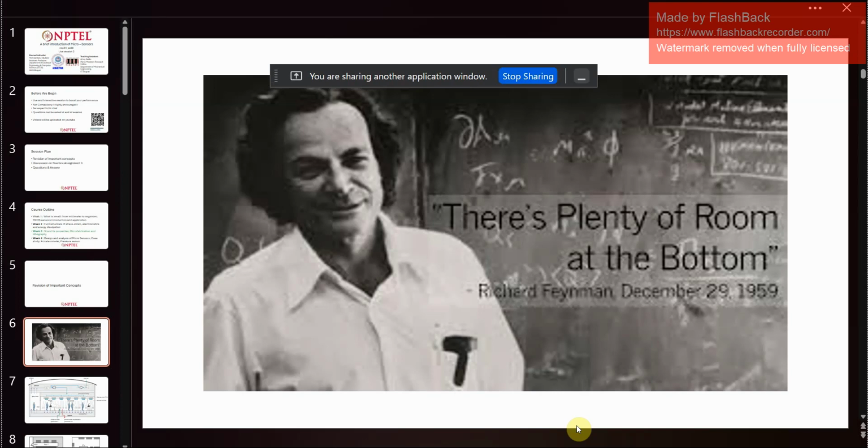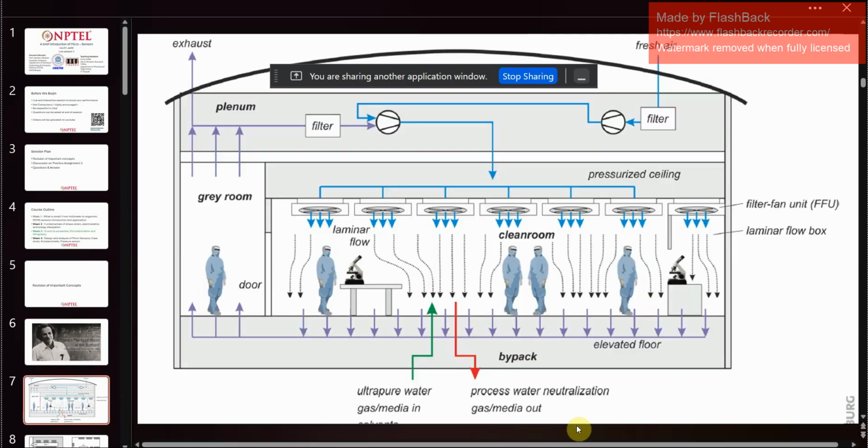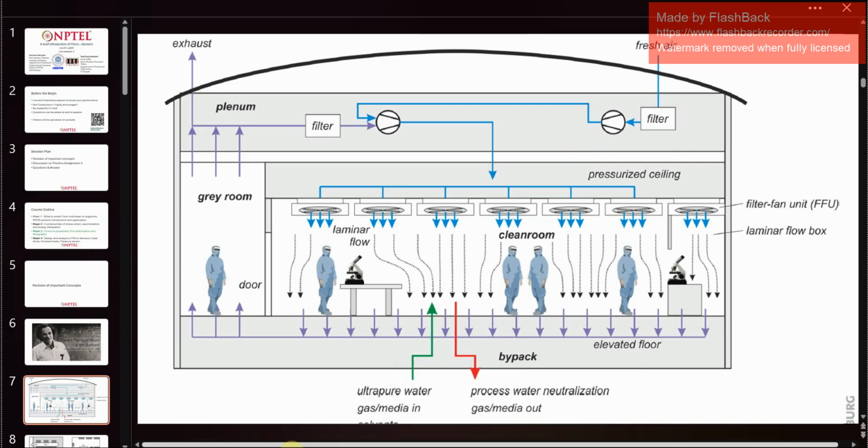So now we know who actually came up with the idea of MEMS. So basically, how do we make MEMS? Do we have any idea? For making MEMS, we need a room called a clean room. Here we have a room wherein the biggest enemy of the process is dust, because dust can actually spoil the entire process. So from that we realized that we developed a room which is called a clean room, which can